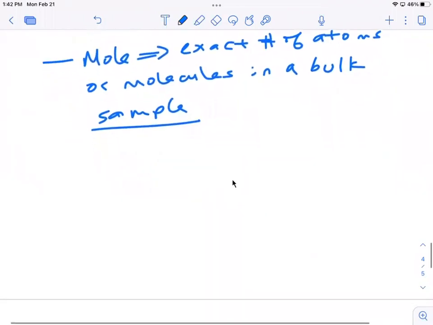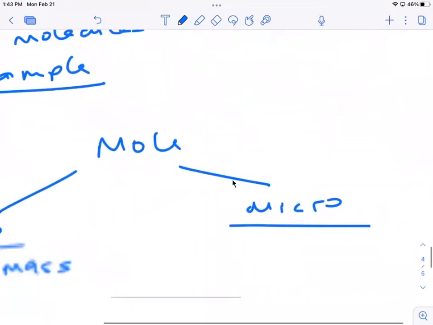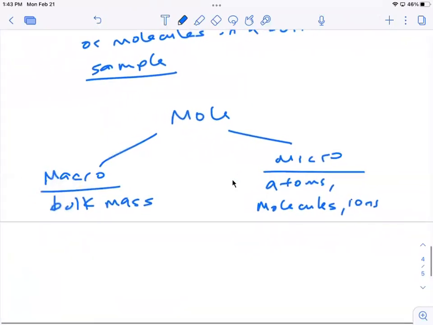So bulk mass and then micro. The atoms or ions or molecules that make up the sample of a substance are measured with moles,